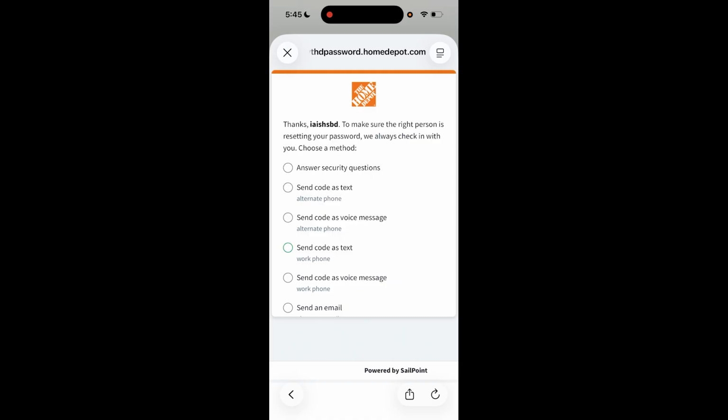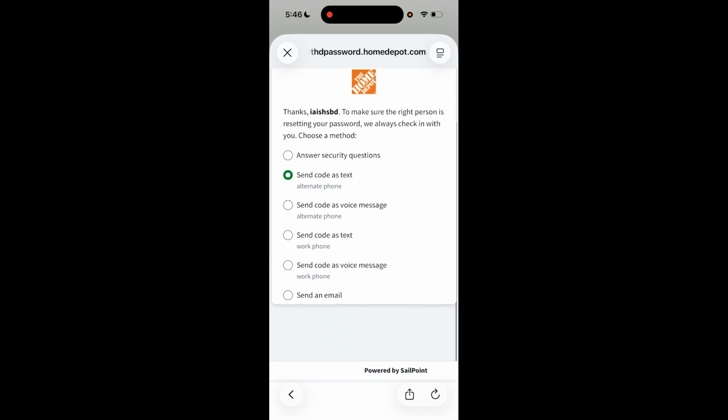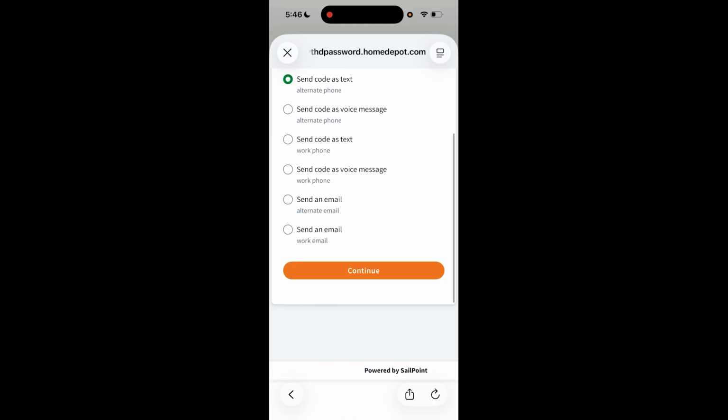Next, you're gonna choose a method so it can verify you. So whatever method you want, I'm gonna just do send code as a text for my alternate phone. Okay,